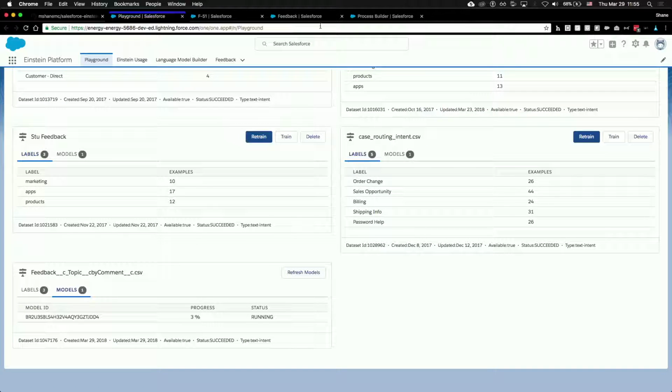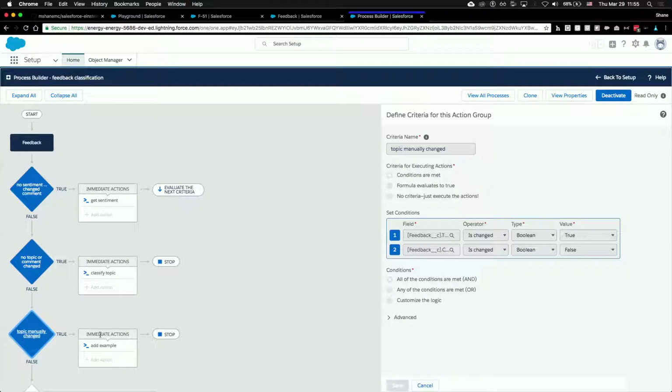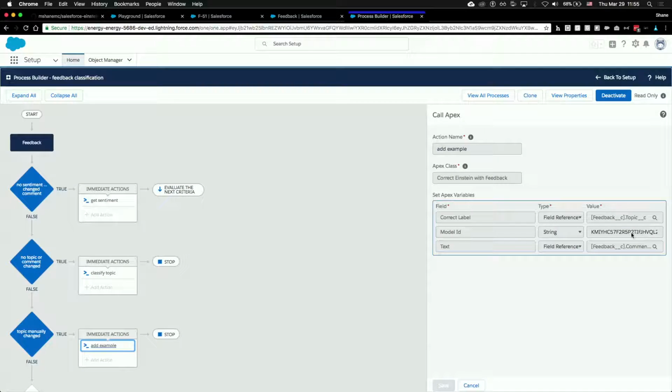Yeah, so the process builder, if you remember what we did, we're pointing these, what this one looks like is it's pointed at this model, right? So I'm giving feedback to a specific model, and it's adding to the data set that's associated with that model. And so here, like someone said earlier, I actually am taking the actual text. It's almost like when you looked at that CSV where it had like, here's the text, and then here's the category. That's what I'm doing here. Here's the text, and here's the category of what that should have been, and then add it to the data set for this model. So that's what this feedback loop process looks like.